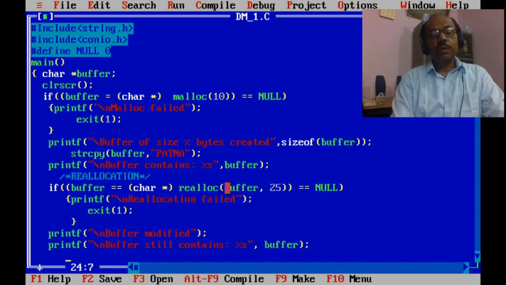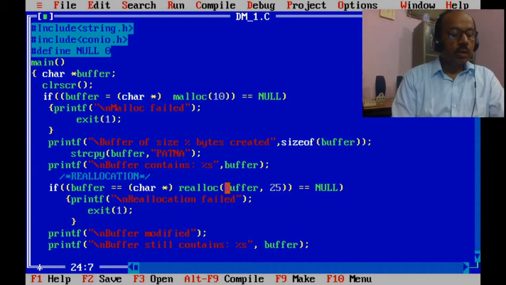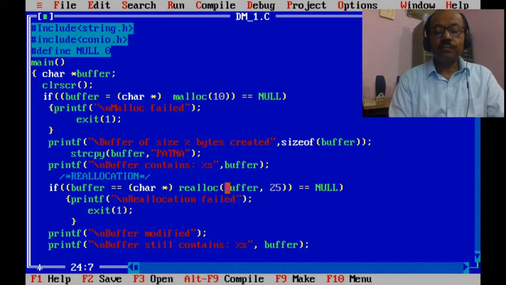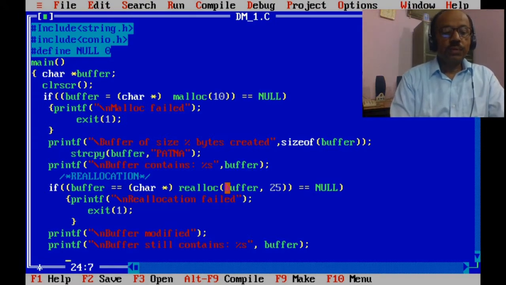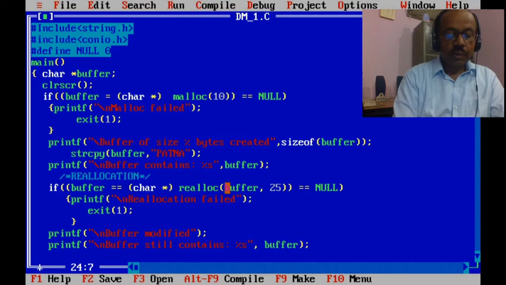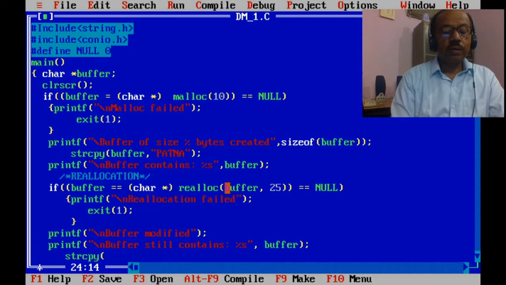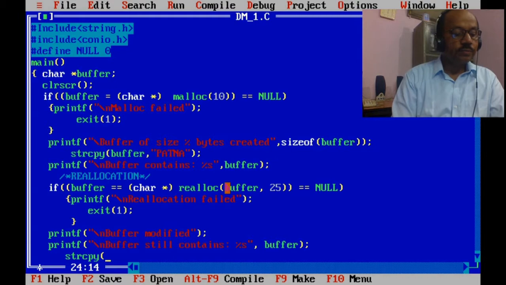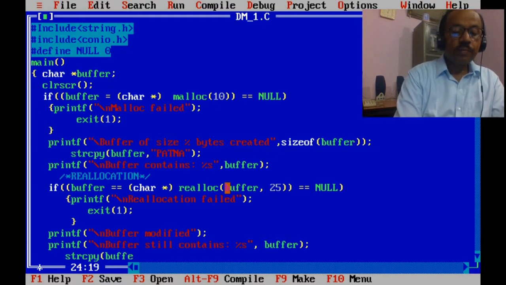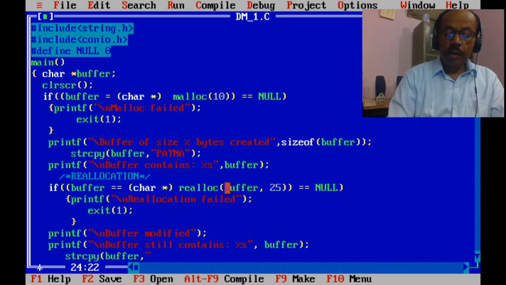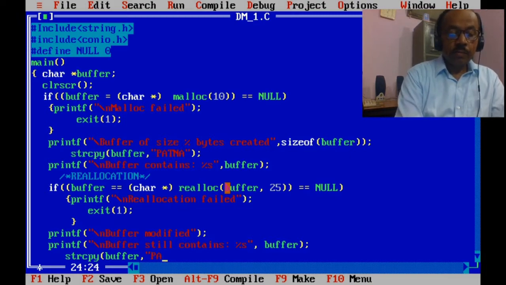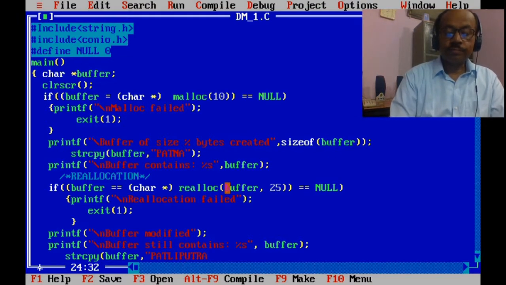Now we are assigning a different value. Since we have enhanced the buffer size, we will put here a longer name. strcpy. The strcpy function is used to copy a string: buffer and Patliputra.